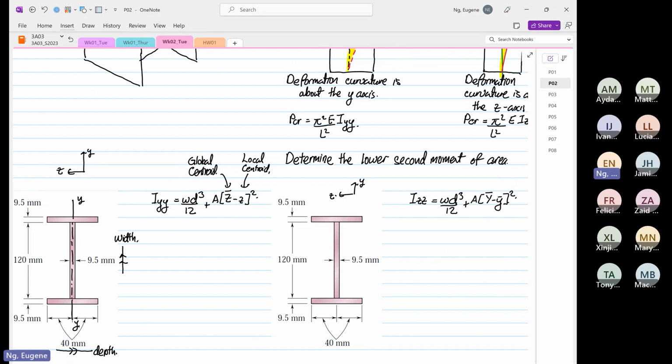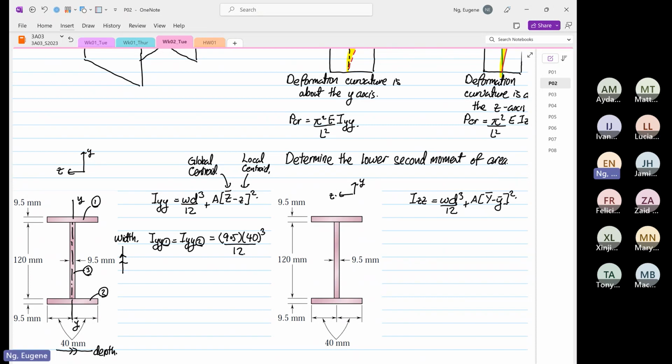So over here, I'm going to call this section 1. This is my section 2, and this one is our section 3. Okay. So I'm going to find IYY1, which is equal to IYY 2, and this is equal to, so we know that the width is 9.5, the depth, which is 40